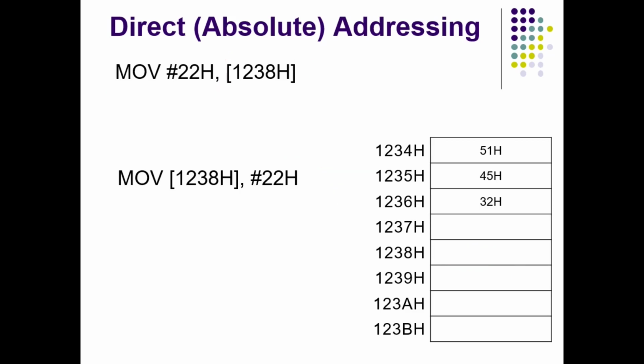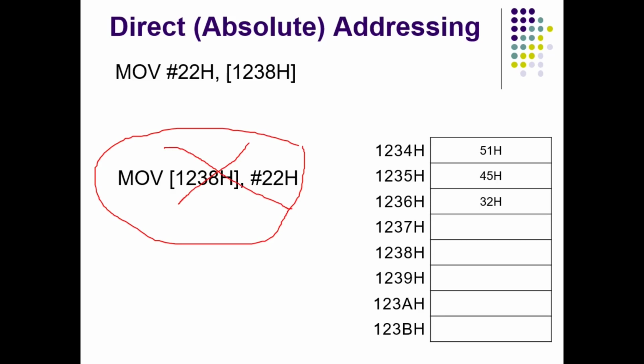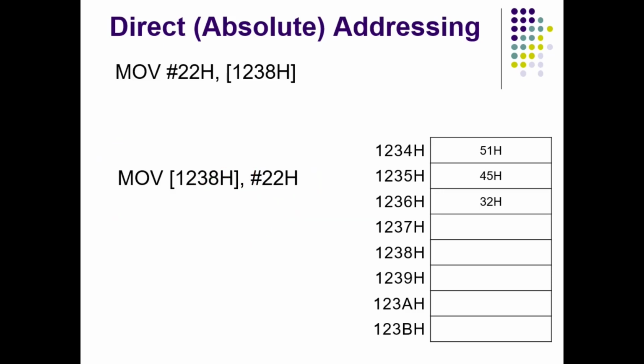And below there is one more instruction I have mentioned with direct addressing mode and immediate data. Now this type of instruction is itself invalid. Why? Because immediate data cannot be present at the destination side. Whenever we refer to immediate data, it should always be a source operand. It cannot be a destination operand. So it is left to you to think why immediate data cannot be at the destination side. So this is invalid.